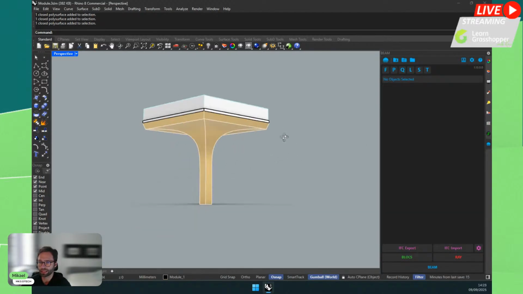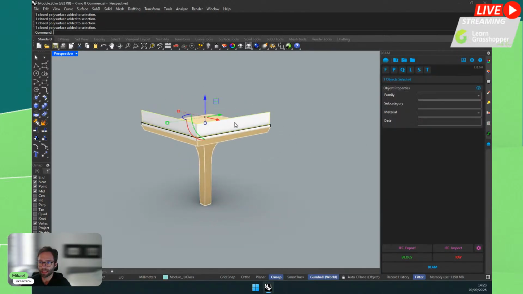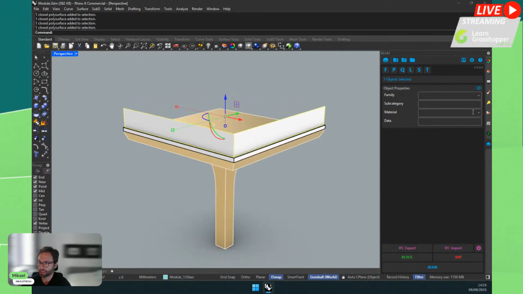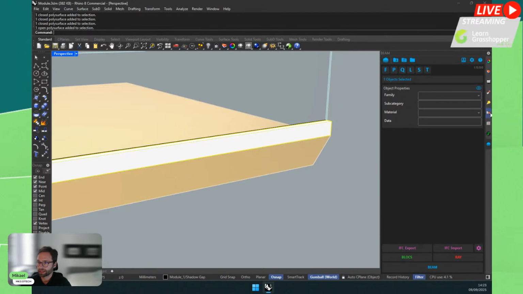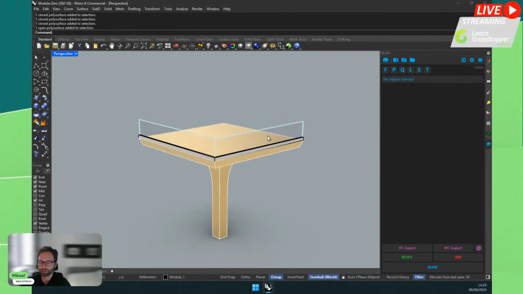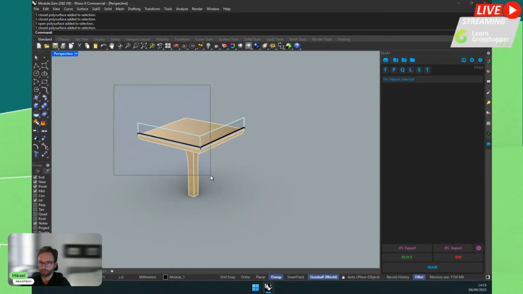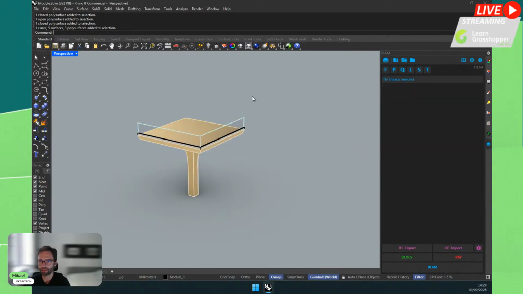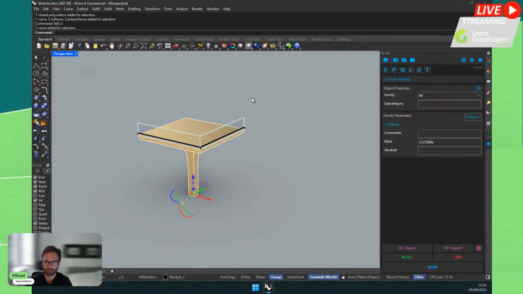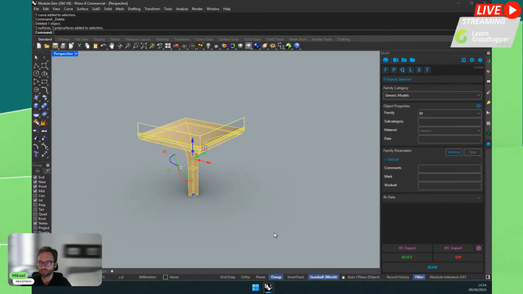So I'll assign this as a brass material. I will take this piece of cladding here and say this is actually my glass. And maybe I will leave these in aluminum. So I have assigned some materials to these objects just so we have some materials. Next, I will select the objects, and actually I will start. There are some curves, I think. Let's just remove this curve. So, select the objects.